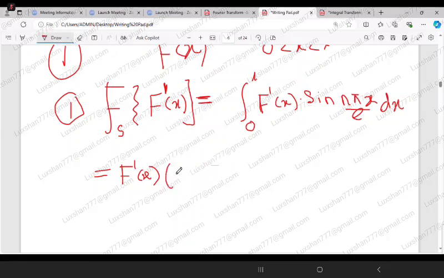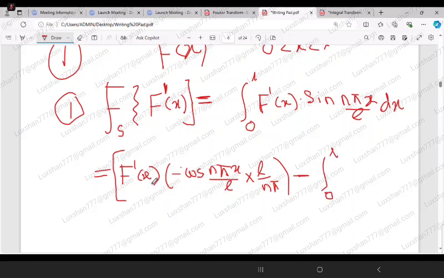So that is minus cos n pi x over L into L over n pi, minus, minus what? Minus integration